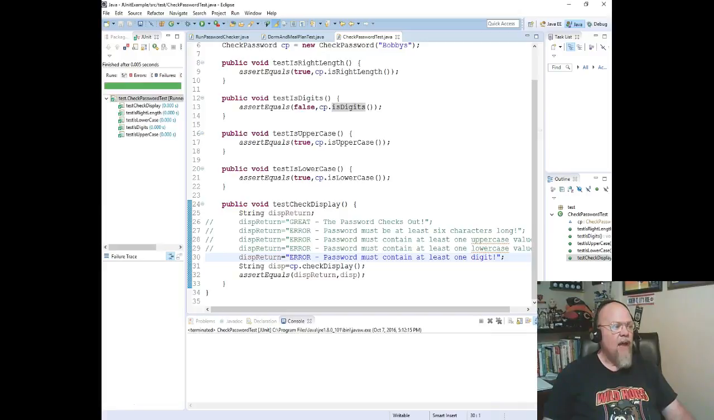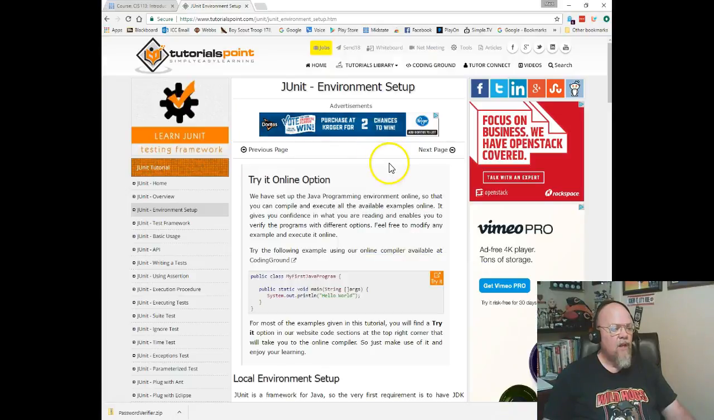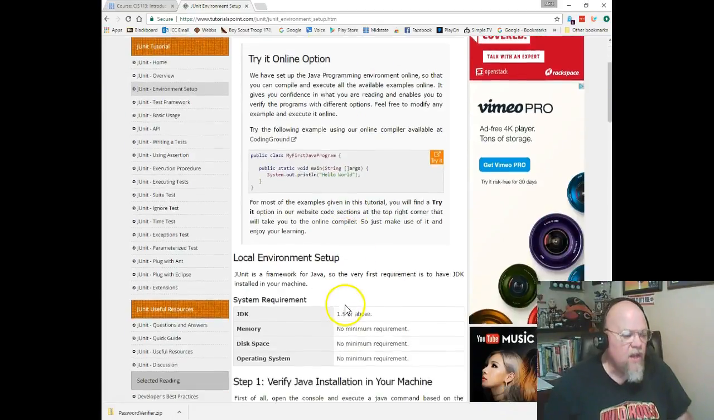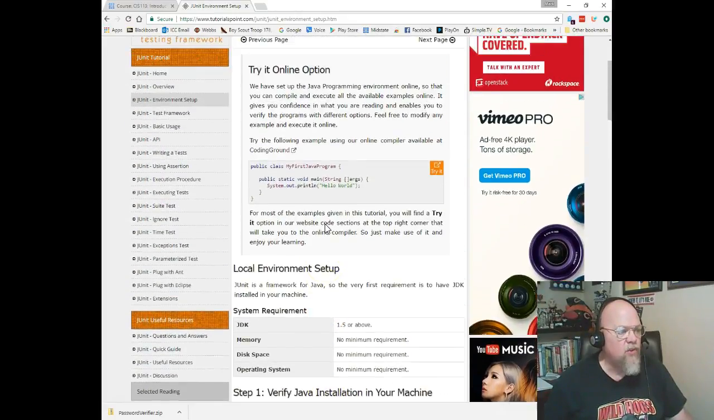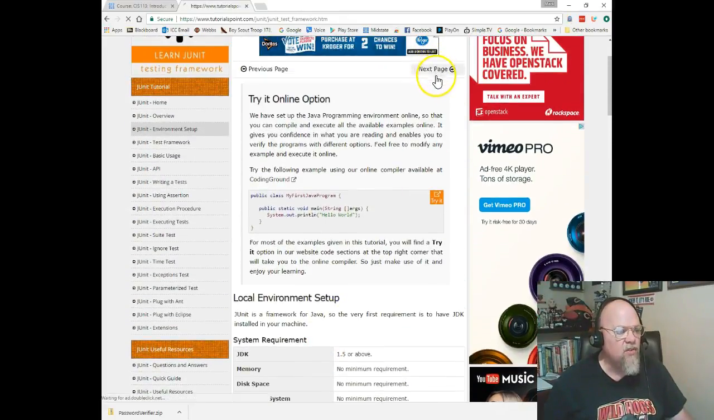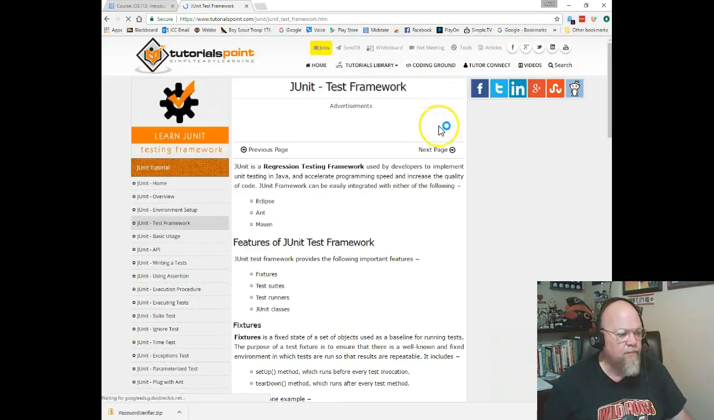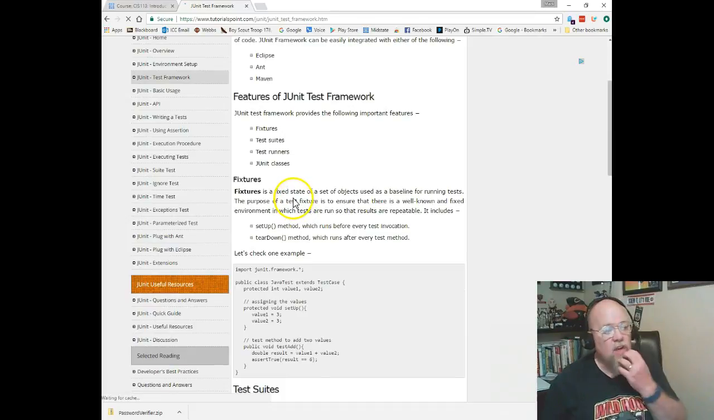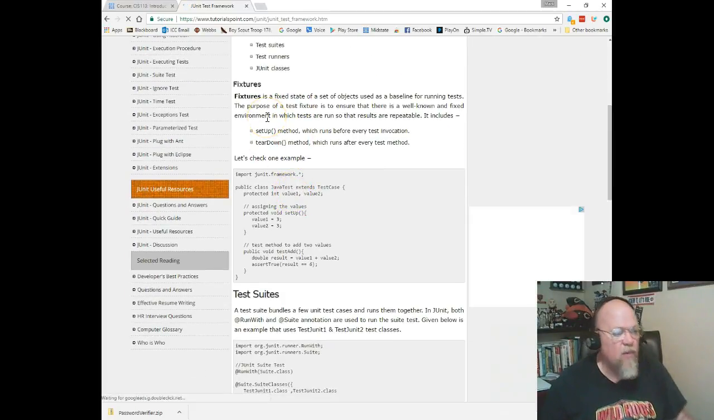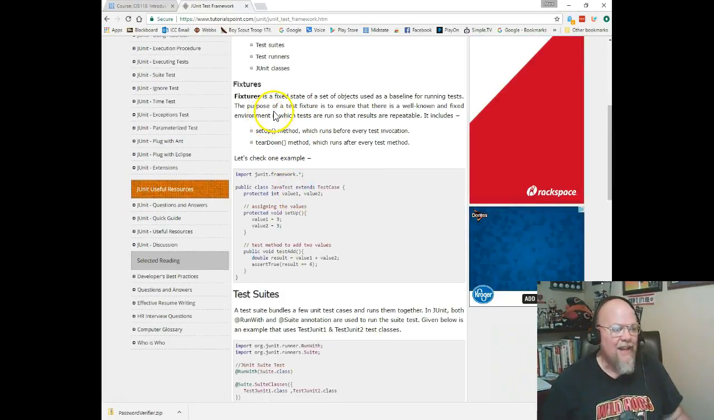So kind of getting back to over here, we have the local environment setups, so on and so forth. Let me get to some of the different features. So let's talk about some of the features. The first thing we talk about is this thing called a fixture, and that is a fixed state of